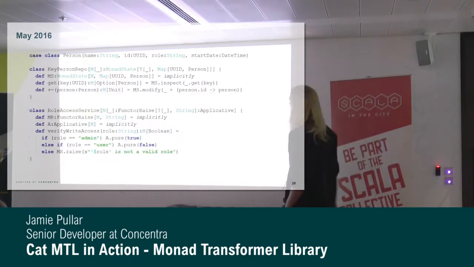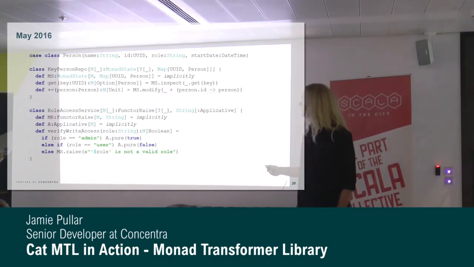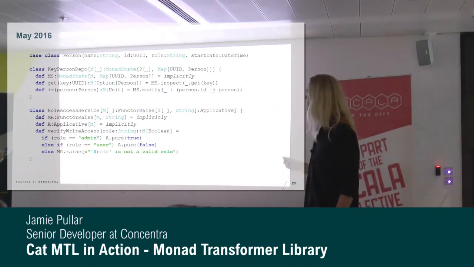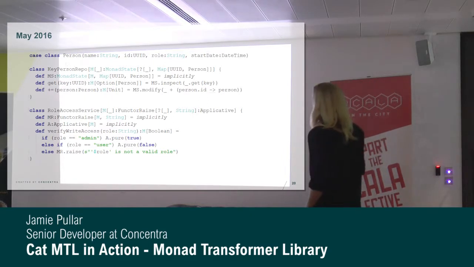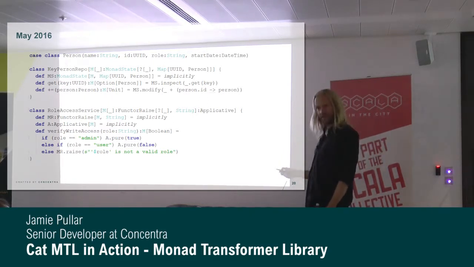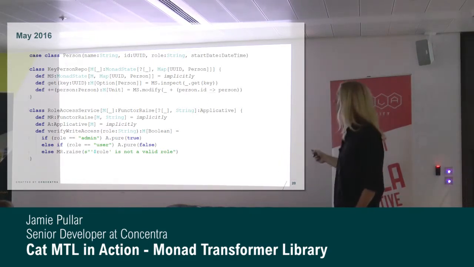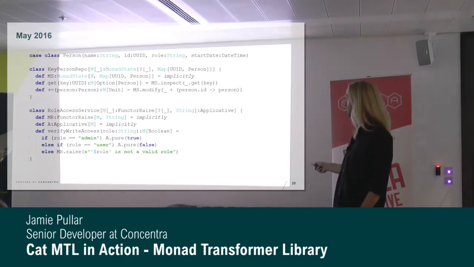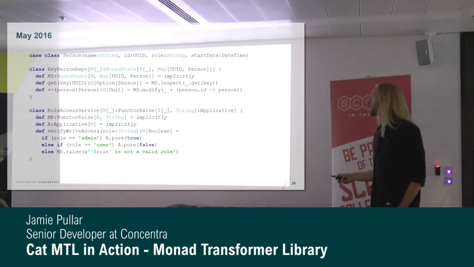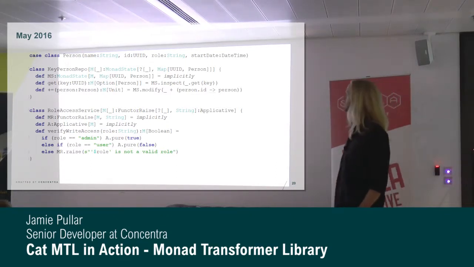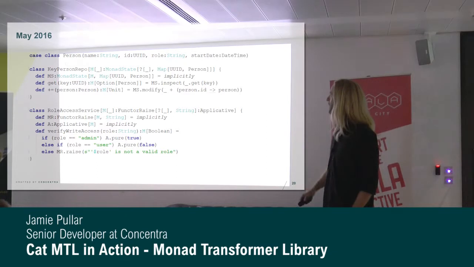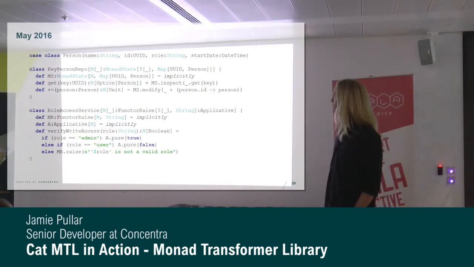So as an example, here we've got one service. This is a repository, and it's going into state. So it's going to look up a person, and I can get or I can add a new person. And what we've got here is a role access service, which can throw an exception, or capture some kind of validation failure. So I'm going to check someone's role, and if their role's not accepted, I'm going to return a validation failure. So two services, and now my root service with those as dependencies